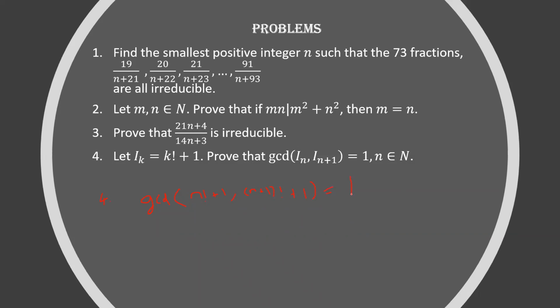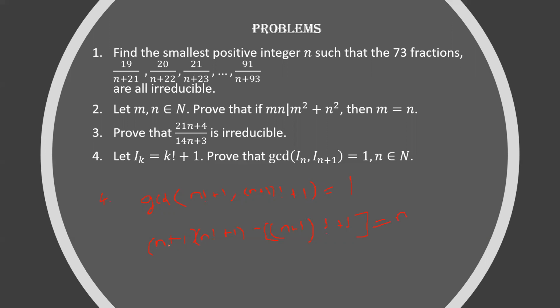We can prove this. Now I can say that n plus 1 times n factorial plus 1, minus n plus 1 factorial plus 1, that is, n plus 1 times (n factorial plus 1) minus (n plus 1 factorial plus 1), is equal to n. Is this right or not?